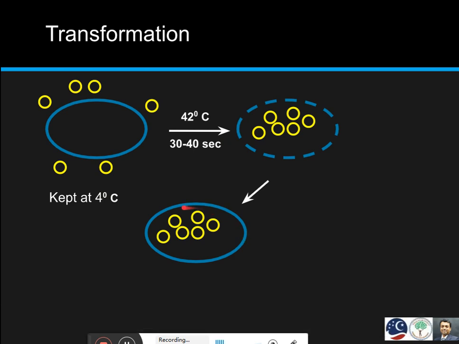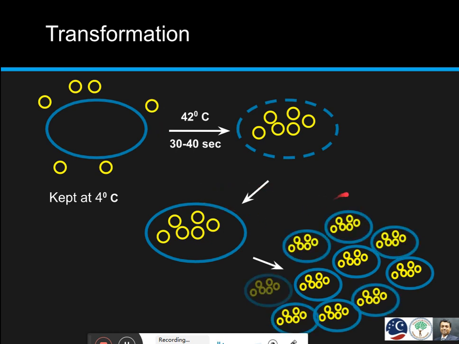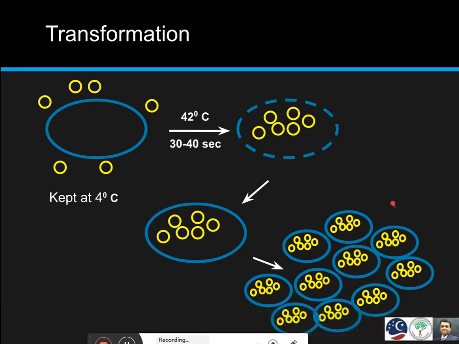So now the vector or the plasmid DNAs which were outside are inside the cell. Whenever we grow these cells, this population of cells will be enriched. That means each of the cells, when they divide, will also make copies of this recombinant DNA or the plasmid vectors, and we will get more and more of our recombinant DNA. So that is the purpose.